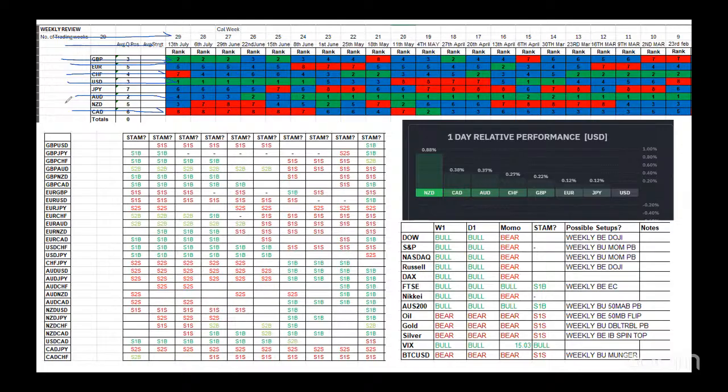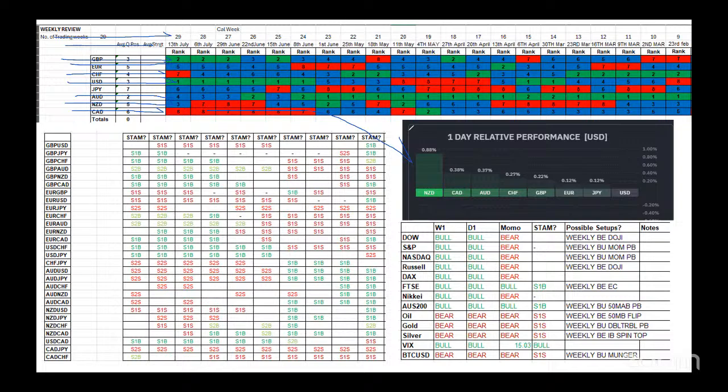The interesting one is the Kiwi dollar. Kiwi dollar has worked its way up to third place. You can see overnight that Kiwi dollar strength has continued. A lot of that is to do with the rate hike that came out of the Reserve Bank of New Zealand recently, and also the implication that there's probably going to be at least a couple more for the New Zealand dollar.